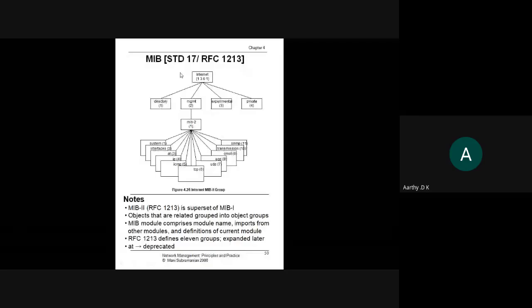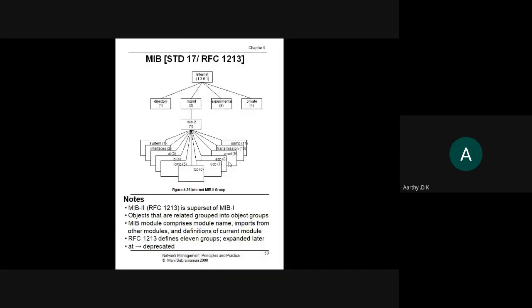Like how we have Java version 7, then Java version 8, then Java version 9, it is just upgrading. Likewise for MIB, this is just part 2. If you have Java 8, whatever functions we had in Java 7 can be executed in Java 8. But the reverse is not true: whatever you have in Java 8, you cannot run on Java 7.